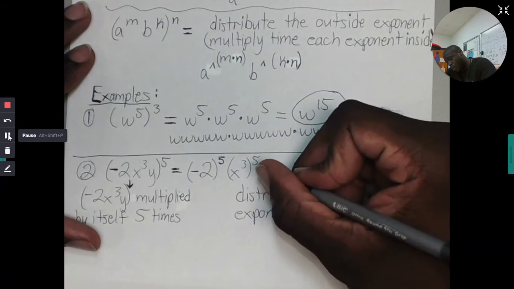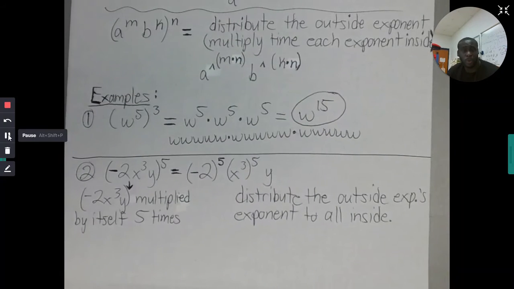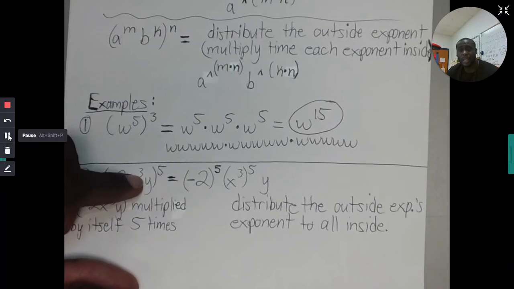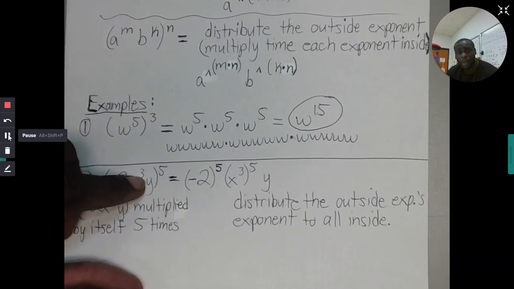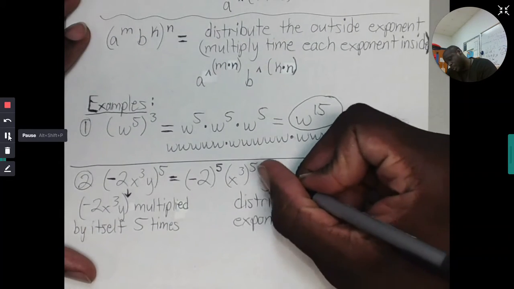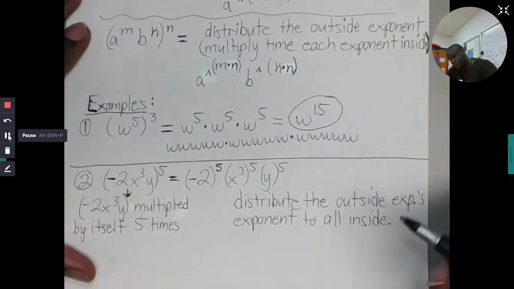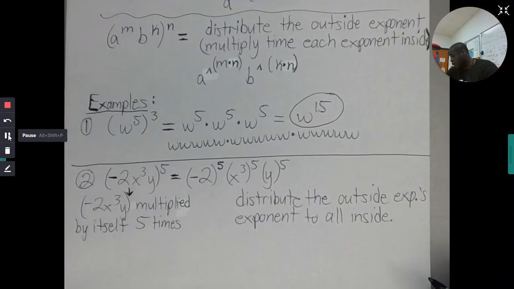And we have the y. What's the exponent for the y? Technically, the exponent for the y is 1. Y to the 1st power raised to the 5th power. Okay, and when we put all of that together, after we simplify all of that,